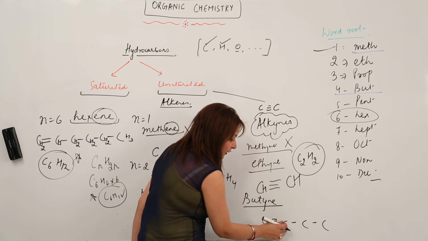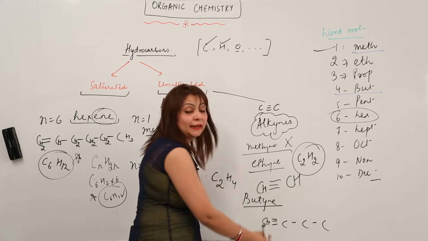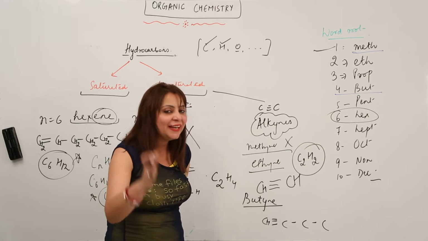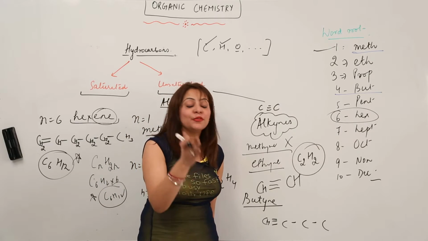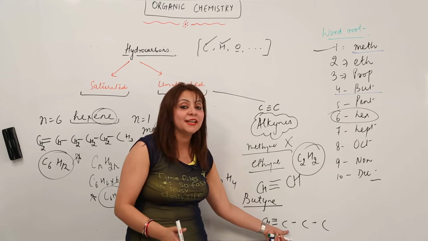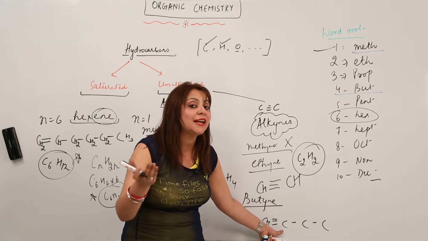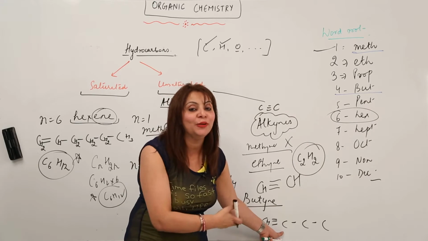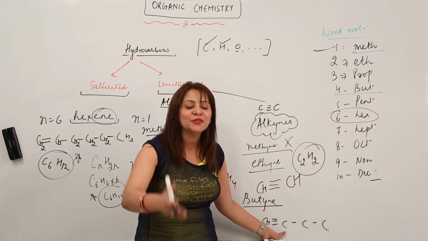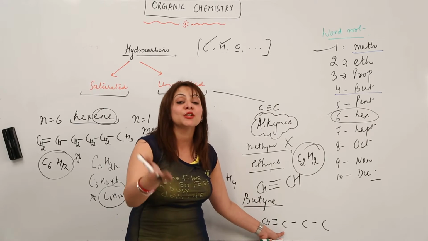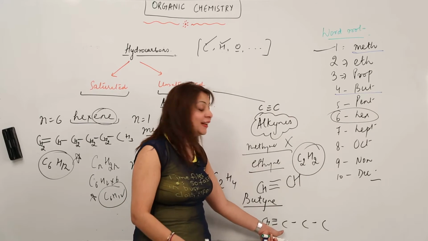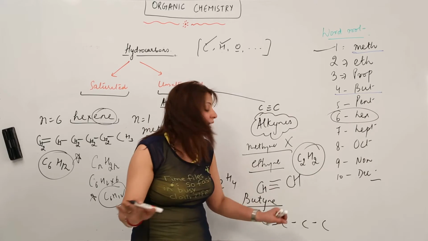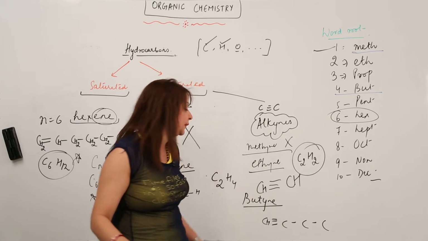So 1, 3, 4. So no hydrogen has to be attached to the second carbon. Don't be afraid. Don't think that you are wrong on this part. You are very right. As you can see in this case, the valencies of all carbons are satisfied, so there is no need to put hydrogen. Don't think that your formula is wrong. It can happen, right? We just need to satisfy the valency if it is not satisfied. So here it is satisfied, so I'm not adding any hydrogen to the second carbon.